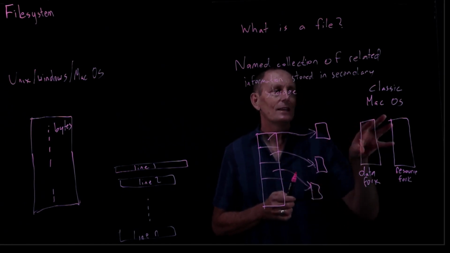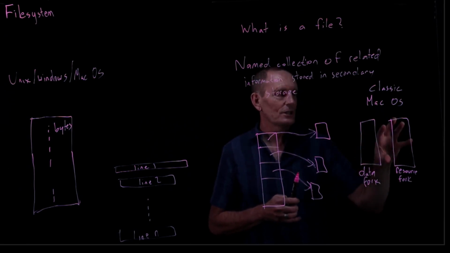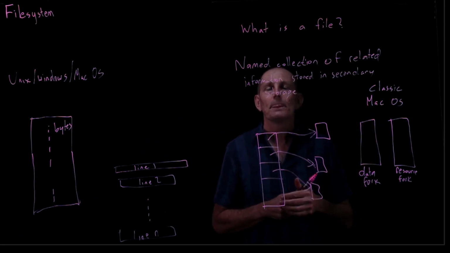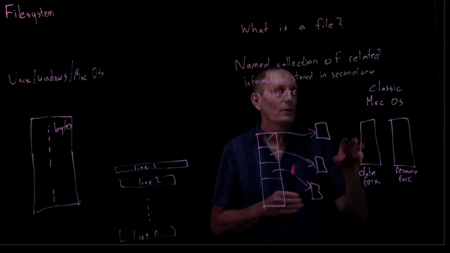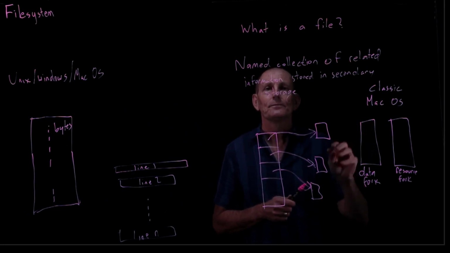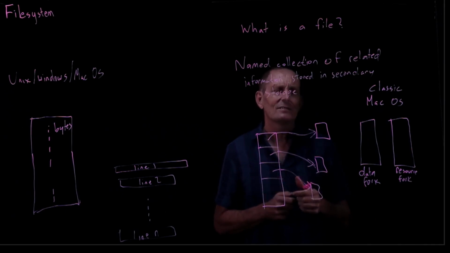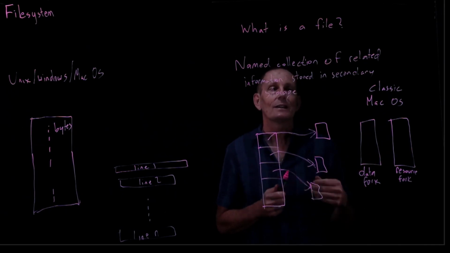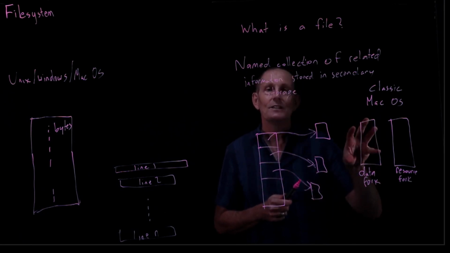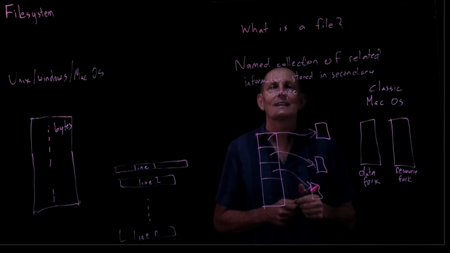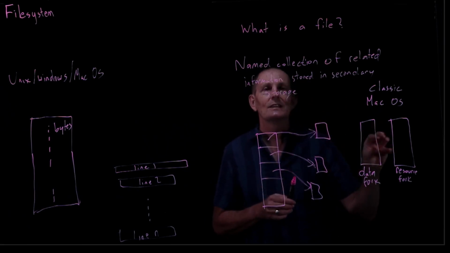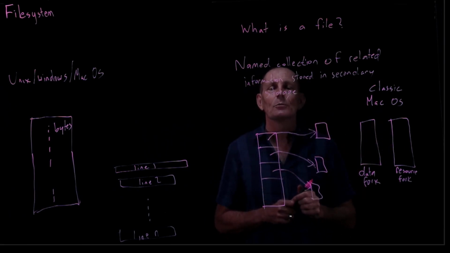And what this meant is that you could take an application, open up a resource editor for the resource fork, and change, for example, an application from English to German without actually affecting the code of the application itself. That was very handy. A simpler example of how you might use this is you might have a text file, like a C file that had all of the C code in the data fork, and the resource fork could contain, let's say, the last time you printed this C file, did you choose to do 1-up or 2-up or double-sided, and it would contain the last settings that were used for printing this file.